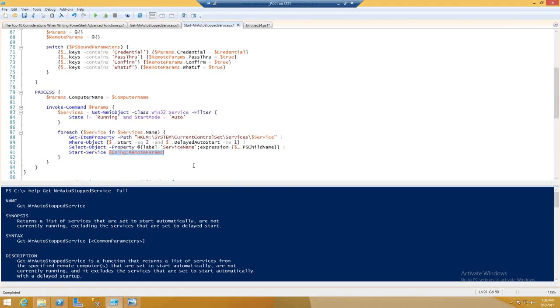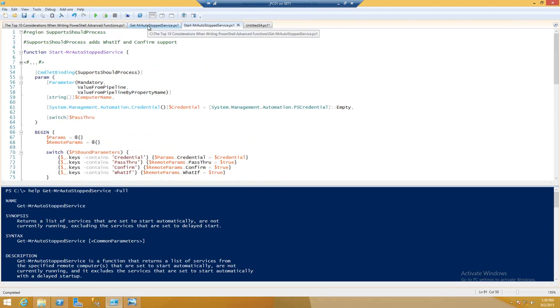So you're probably familiar with the using variable scope modifier. You would use $using for the variable and then colon the variable name, but you can say @using and use that splatting remotely. I wrote a Hey Scripting Guy blog article a while back, and it has this function, and I will provide this code as well. But with services on a machine, I want to show you this,